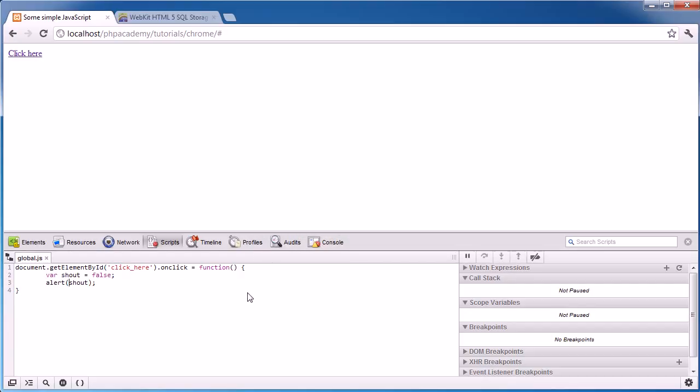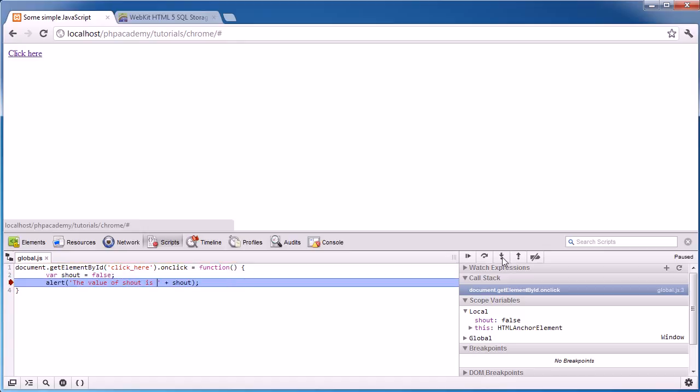What we could also do is say the value of shout is, Control and S, click here, the value of shout is false. So we can modify this in any way that we would normally modify it within our code. It's just like the CSS modifications and the HTML modifications. It's just a lot easier than doing it in your code. And you also have the added benefit that we can inspect the value of different variables and